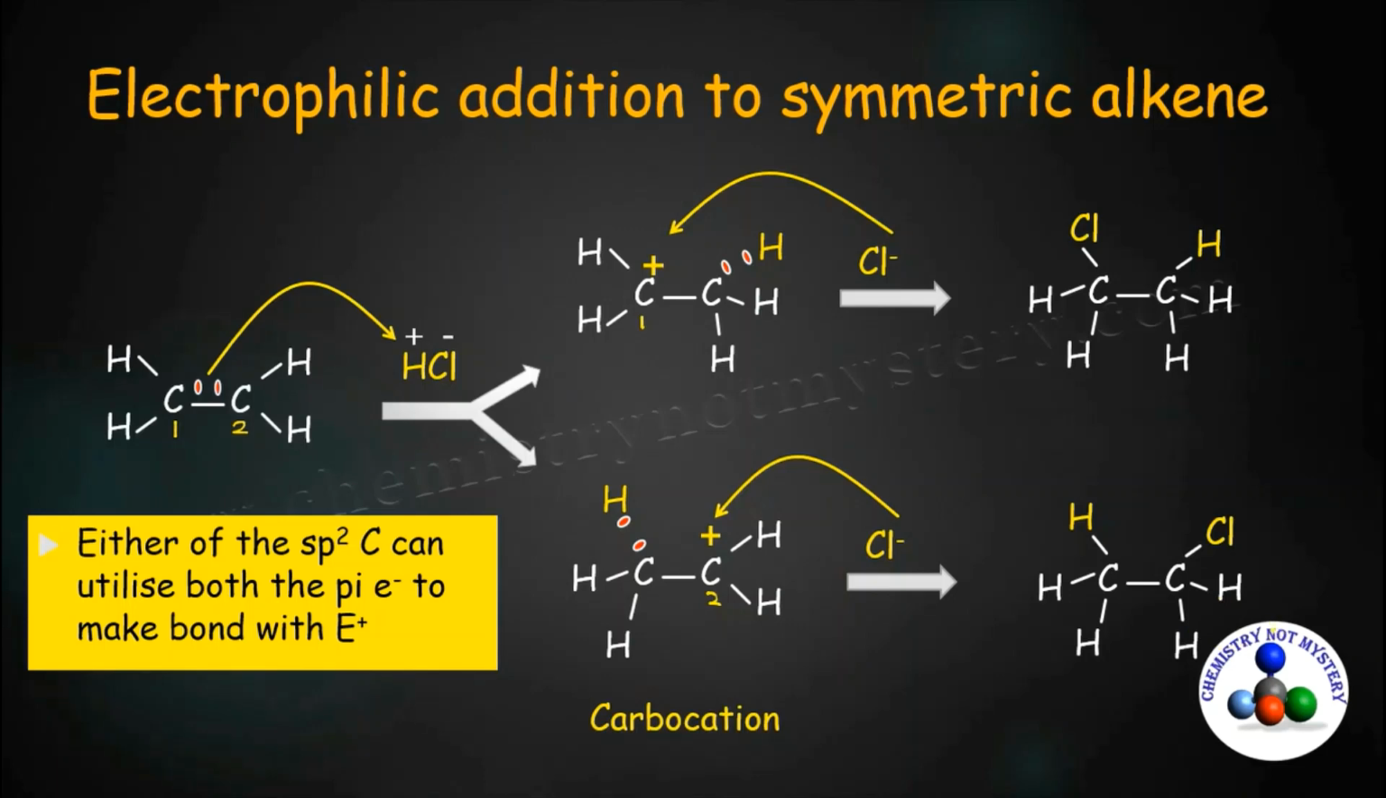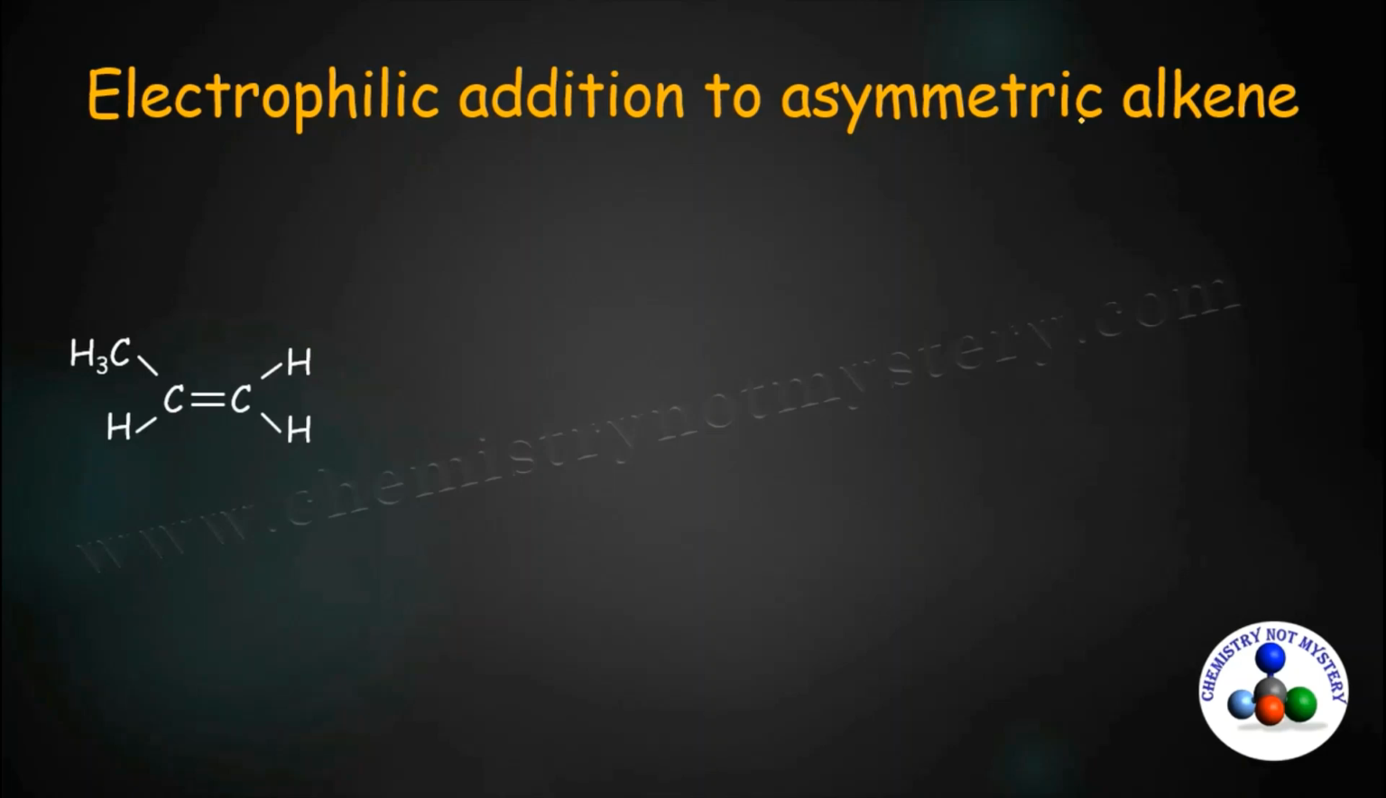Now try to understand what will happen if we do electrophilic addition to asymmetric alkene. Propene is the example of asymmetric alkene. Here again I am going to represent pi bond with the pi electrons. Now we are going to react propene with HCl. So first of all you have to identify electrophile and nucleophile in the given reagent. Here H plus is the electrophile and Cl negative is the